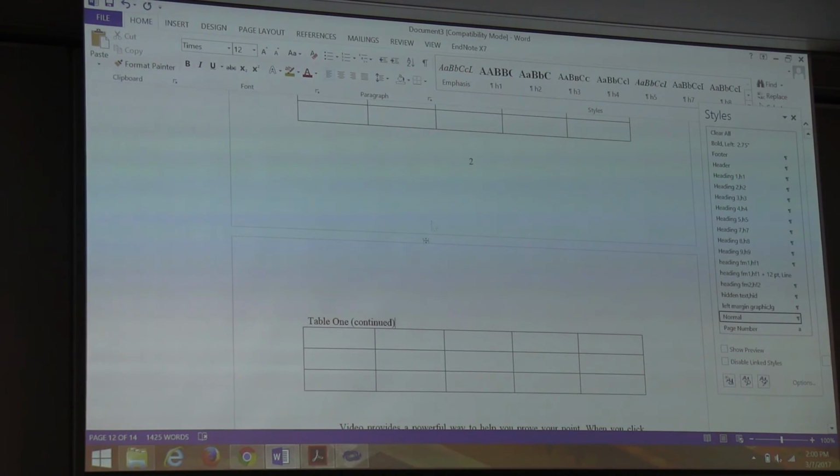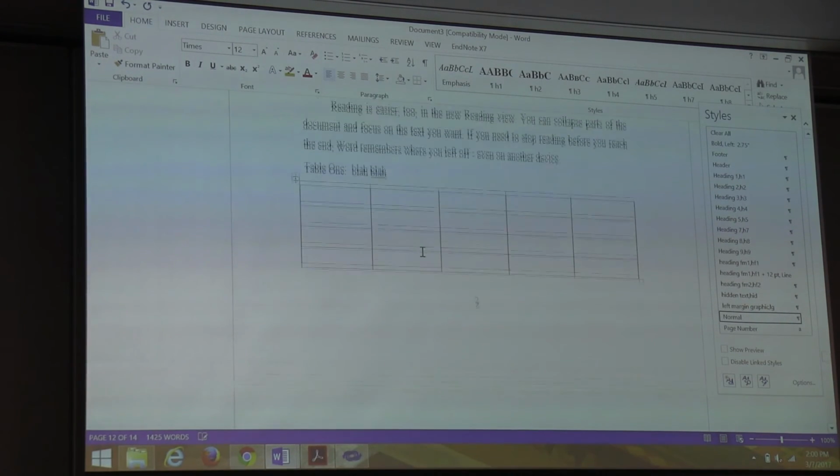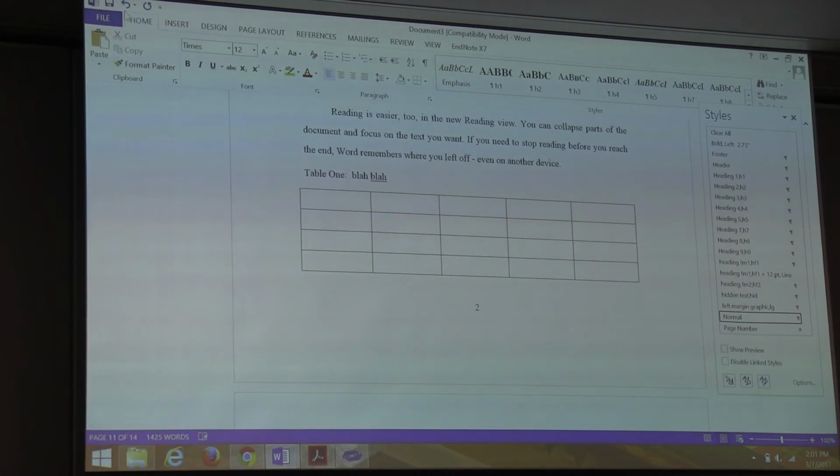Anybody else? Let's see. Let's undo that. So sometimes, I think you mentioned if you have a really wide table, when you try to insert it in here and keep it within the margins, it can be so compressed it's hard to read. One thing that might help is you can put it on a landscape page, oriented sideways. That will give you a little bit more room, and maybe that's enough to where it looks good.